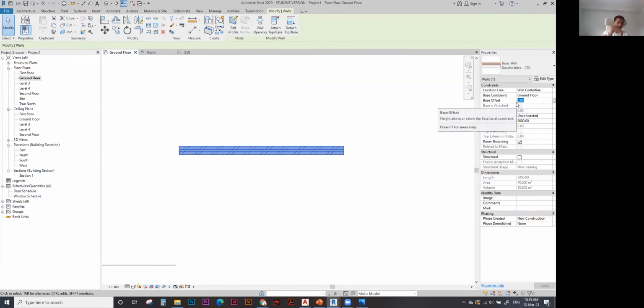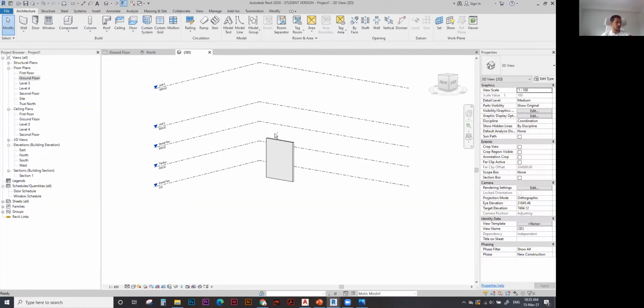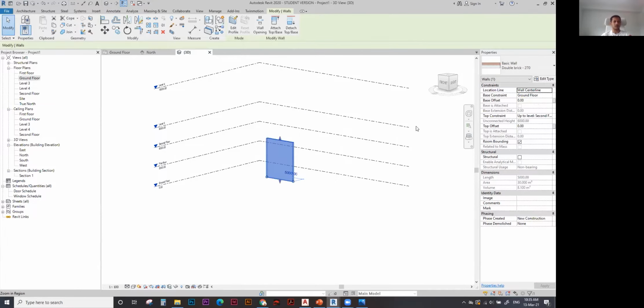And the base offset is how much you want to offset the wall from that specific level. I do not want to offset my wall, so I prefer it to be 0. Top constraint is how high you want the wall to be. So we've created several levels, right? So I would say I want this wall to go until 2nd floor. All right. Now, if you go to your 3D view,